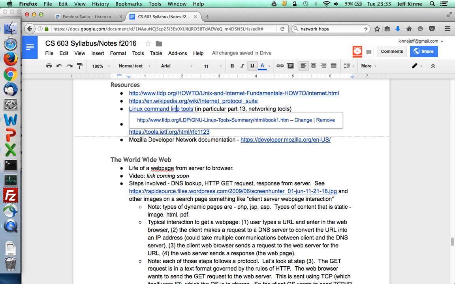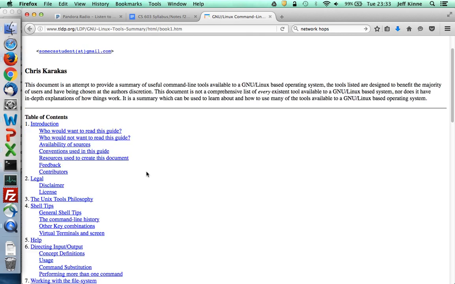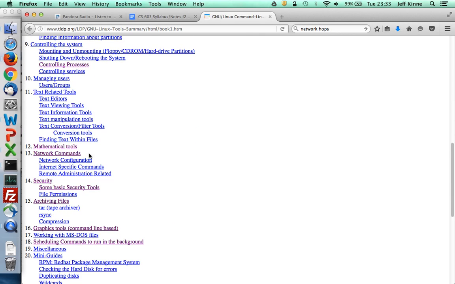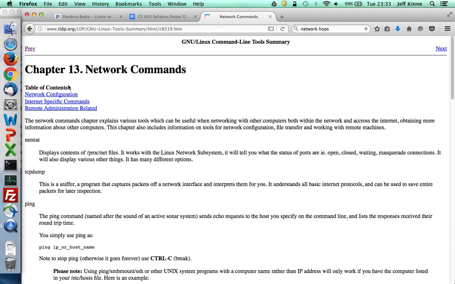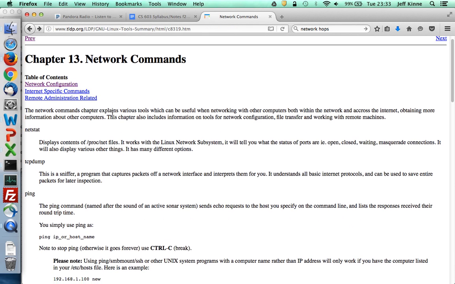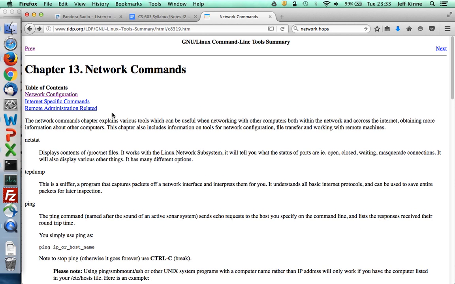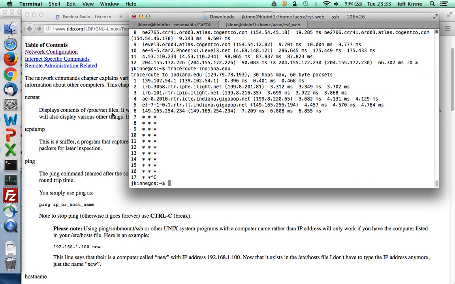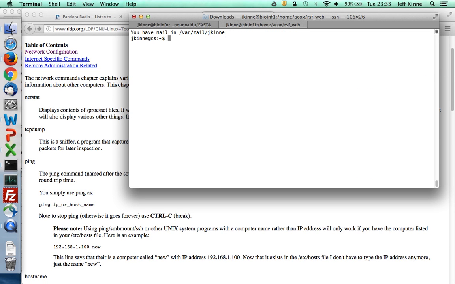And I want to go here, Linux command line tools. There's a lot of good information in here. This would be a good review for anyone that uses Linux, but we're going to look at the network commands. Okay, so we'll look at each, let's look at these in a certain order. Okay, I'm logged into the CS server here on my computer,